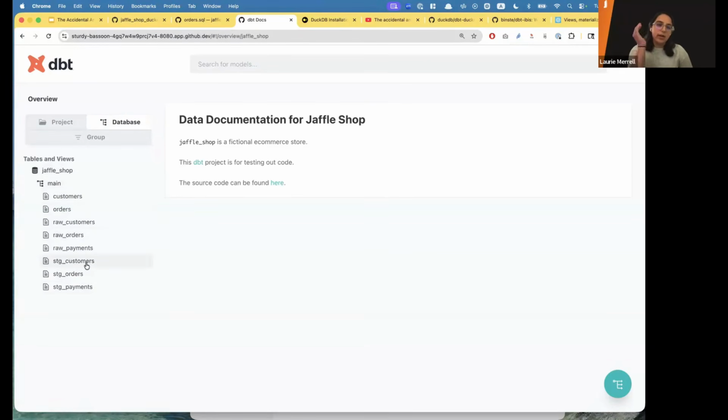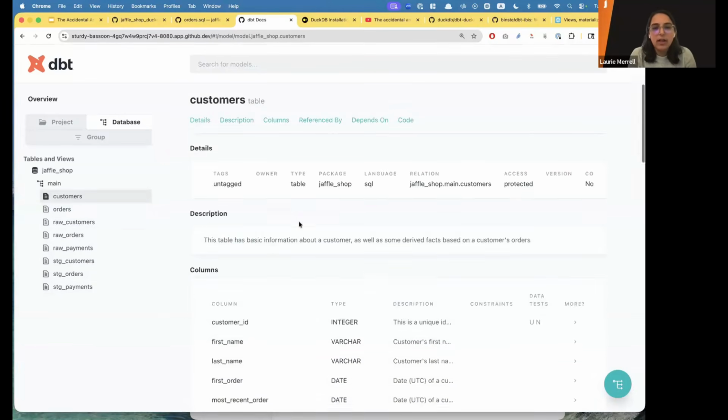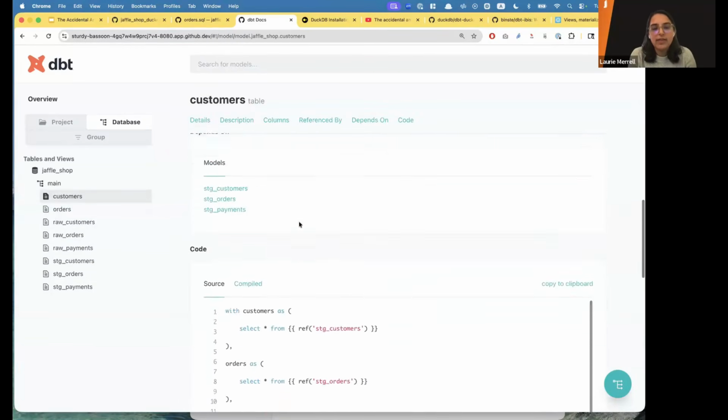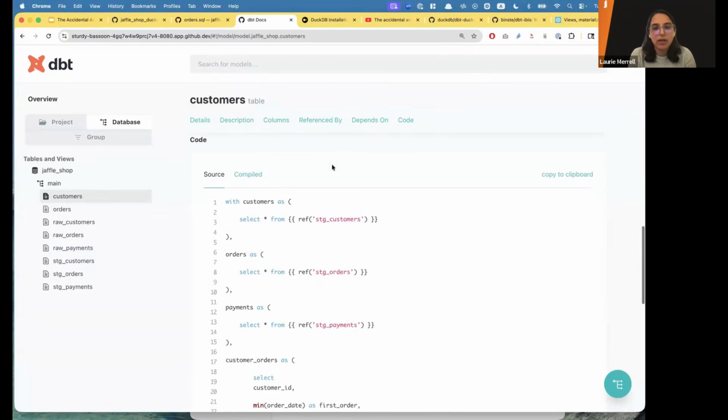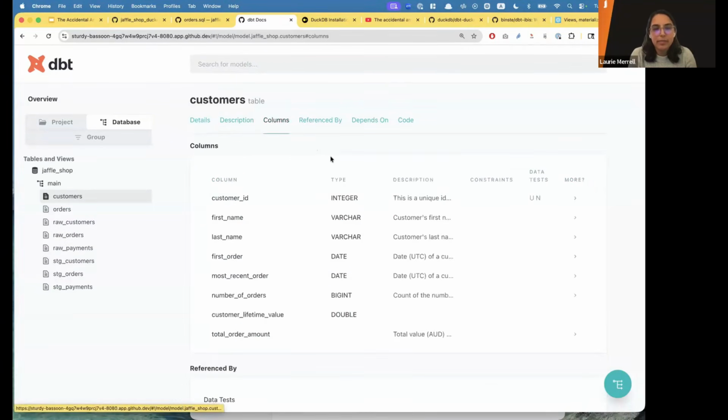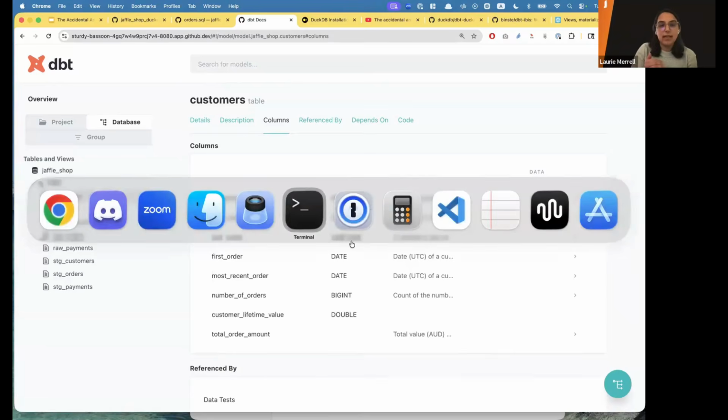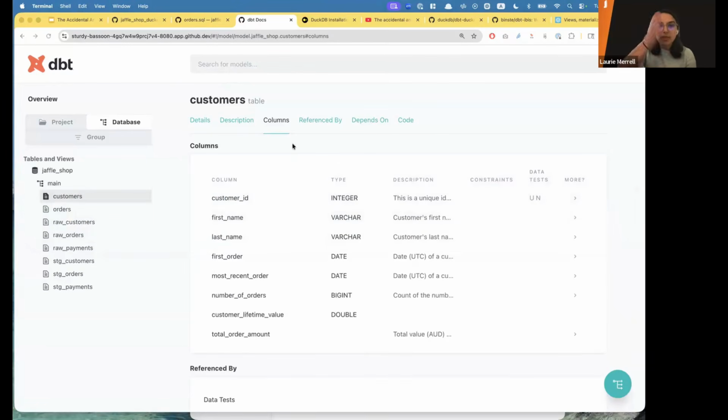Each model has its own page in the doc site, so we can click on any of those. At the top it has the summary information, and it has the columns. Each of those descriptions you see there, you can specify in the YAML file within your dbt project. You can write docs inline, and they'll render here. Depending on your settings, they can also be persisted into your warehouse, so the same column descriptions can appear in multiple places.